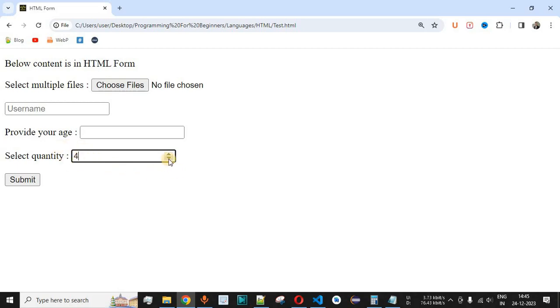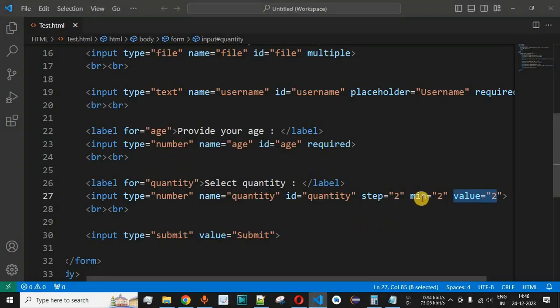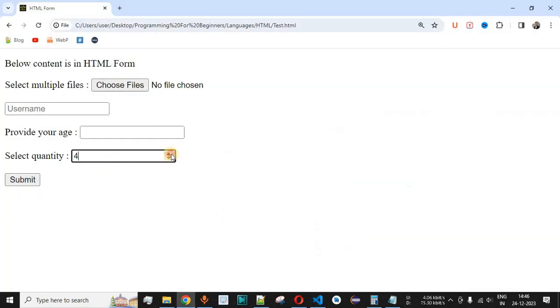And then again when we decrease it, the value is 2 right now, and then we cannot decrease it any further. That's because the minimum value is set as 2, and that is how we can apply the range to this particular quantity input field by providing the min attribute, and we can optionally provide the max attribute as well. So guys, this is the main functionality of the step attribute in order to increase the number with the step value that is provided inside that input field.